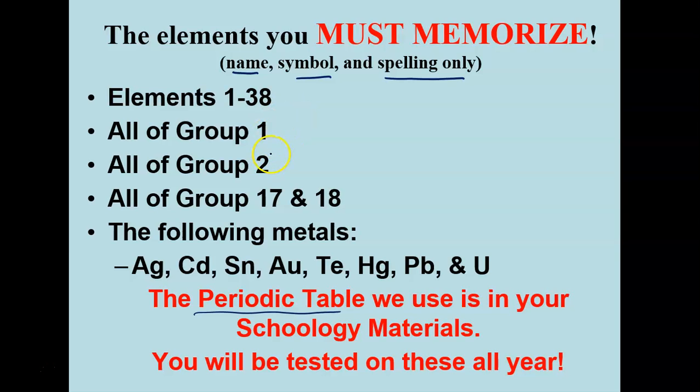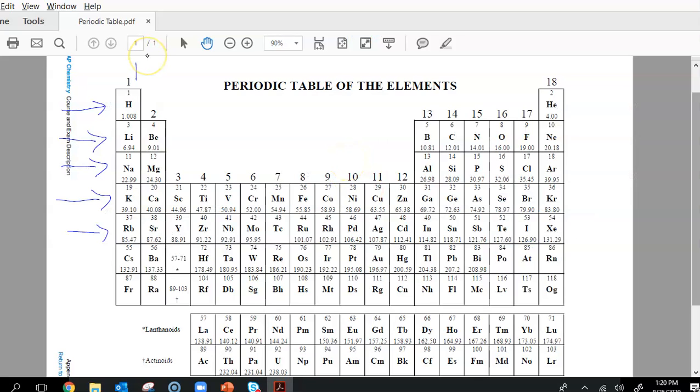We also ask you to know all of Group 1, Group 2, 17, and 18. So the groups, remembering back from 8th grade, your vertical columns are your group numbers. So those are your groups or families on the periodic table. So you're responsible for Group 1 all the way down to 87. For Group 2, beryllium, down to 88. Group 17, we typically stop here at AT, but you can go to TS. And then Group 18, these are what we call the noble gases, which I'm sure you remember, and you should memorize those